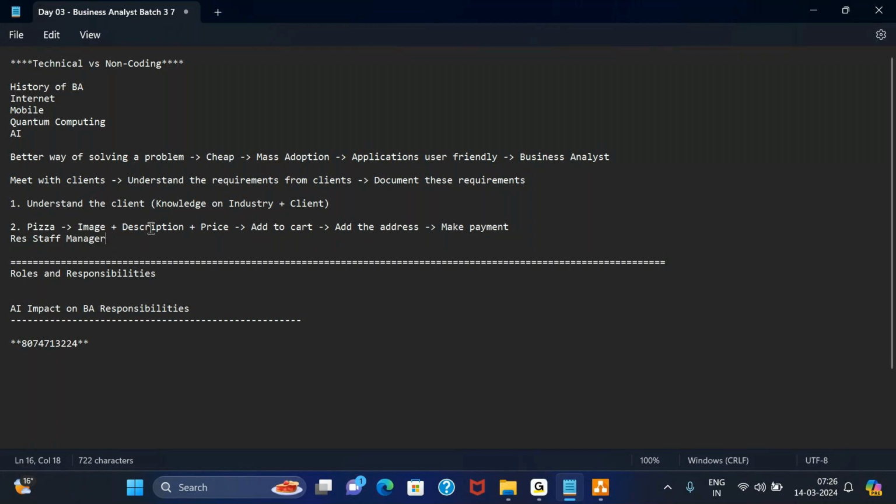A regular staff should not be able to update these details. Now, I know when I'm creating an application, in that application, I can ask the user whether you are logging in as a customer or whether you are logging in as a manager. If you are logging in as a manager, you will have different access. Okay. If you are logging in as a regular user, you can only view these details. But if you are a manager, you can view these details and you can edit or update these details as well.